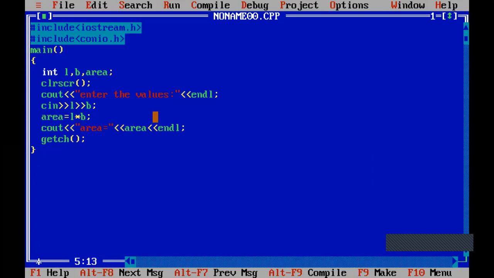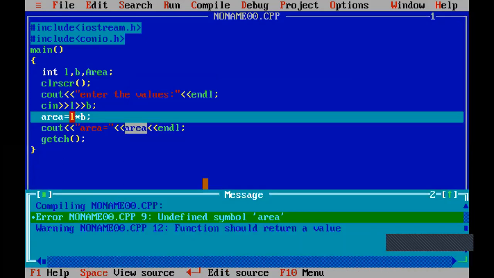And the fourth one is that case matters, uppercase or lowercase. Suppose here I write capital AREA, and here I have taken it in small case, and even here I have declared it in lowercase. Now I try to execute the program. It is showing an error. What is it showing?